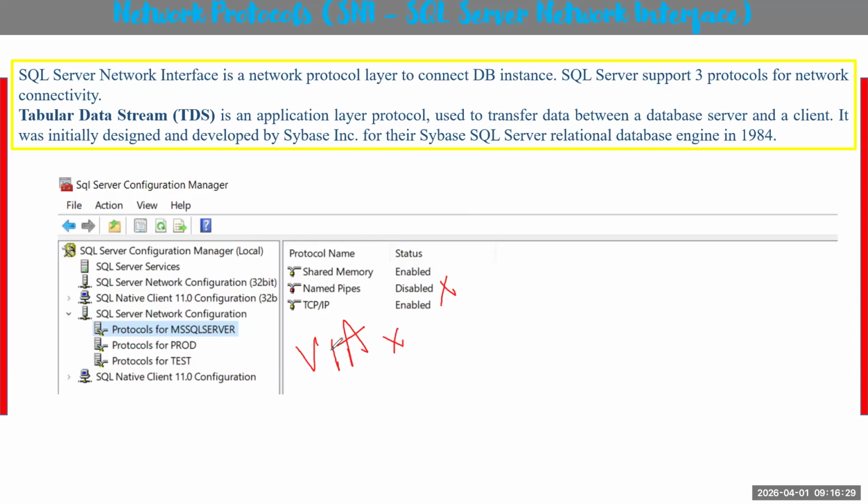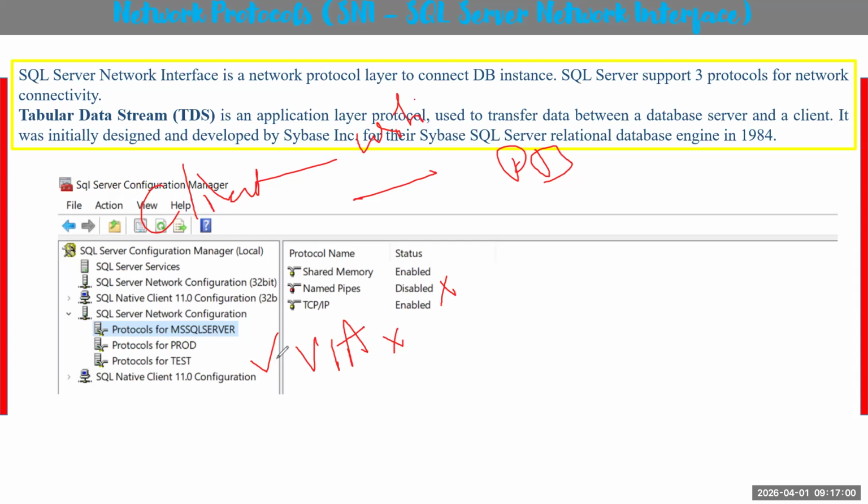So, for example, if your client and DB are interacting via Wi-Fi, we used to enable the VIA protocol. I also did not get a chance to enable this one. At least named pipes I enabled twice, but VIA I never saw, sir. But just to remember, when you are trying to crack interviews easily: how many protocols are available?